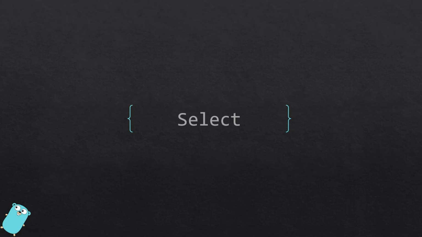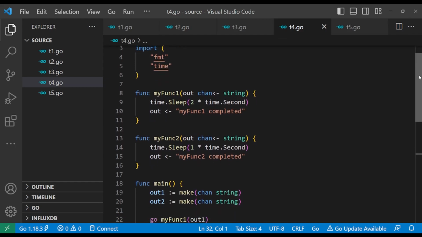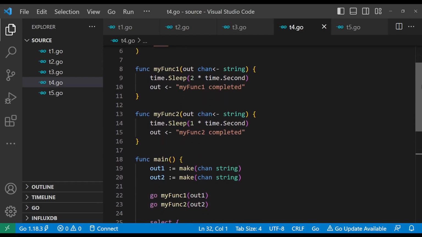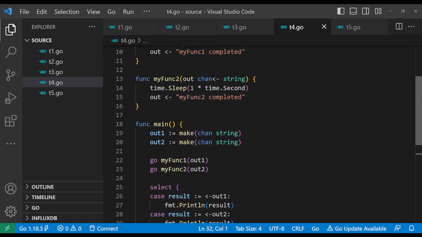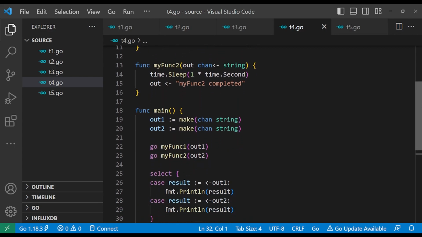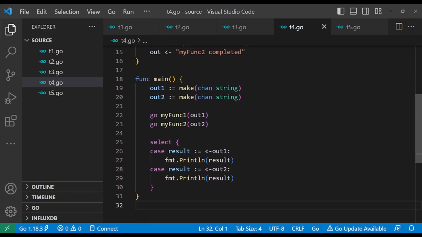For example, we can use a select statement to listen for values on two channels and then act on whichever channel receives a value first. In this example, we create two goroutines, myFind1 and myFind2, each of which sends a message to its respective output channel after a certain amount of time has passed. In the main function, we use a select statement to listen for values on both channels and print the first